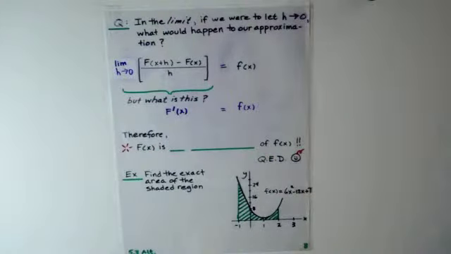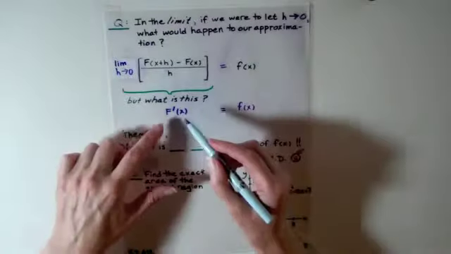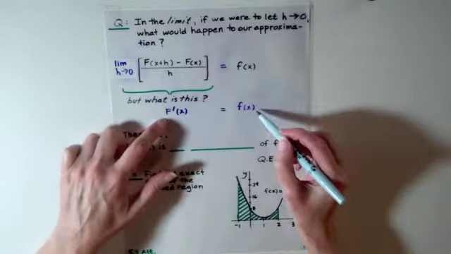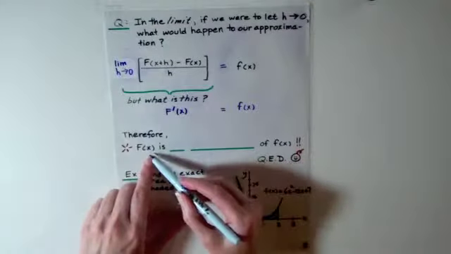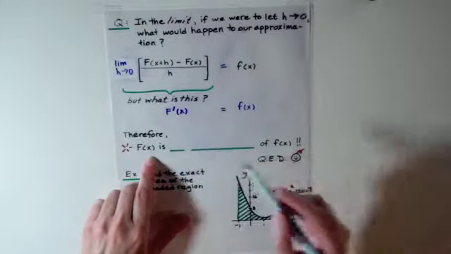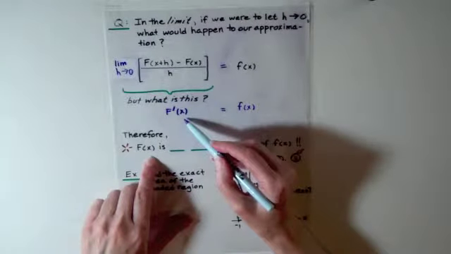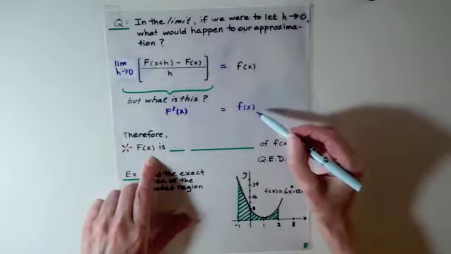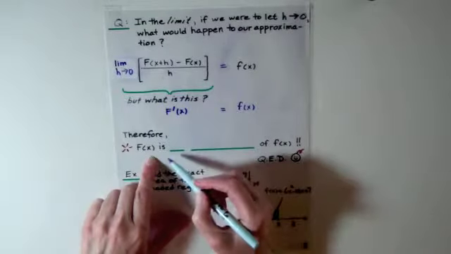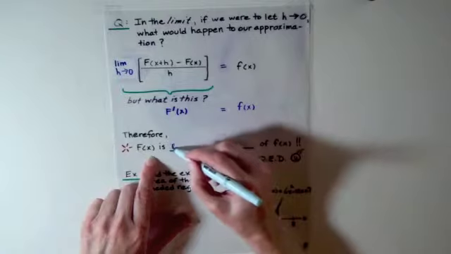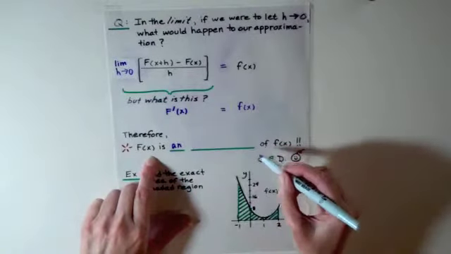Okay, well, what does that tell me? I'm saying that the derivative of capital F of x is little f of x. And what does that mean about capital F of x's relationship to little f of x? It's the function whose derivative is little f of x. In other words, capital F of x is, and I have two blanks here, and what should go in this blank? It's an